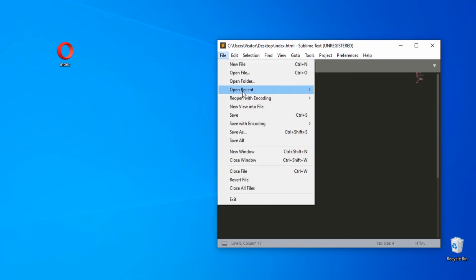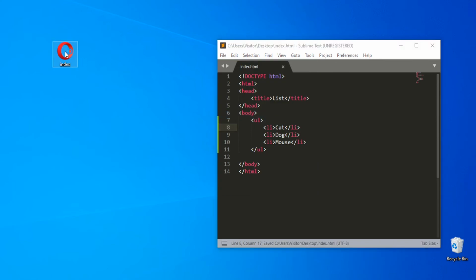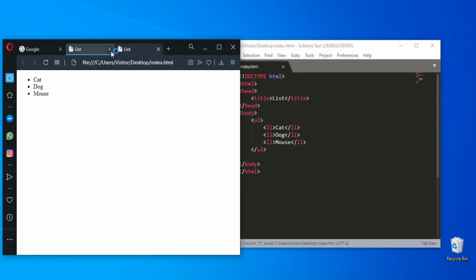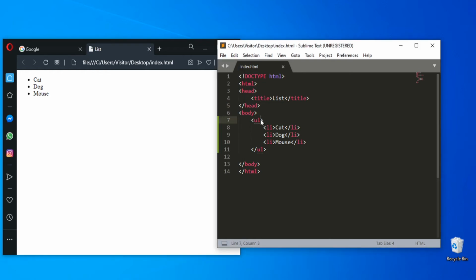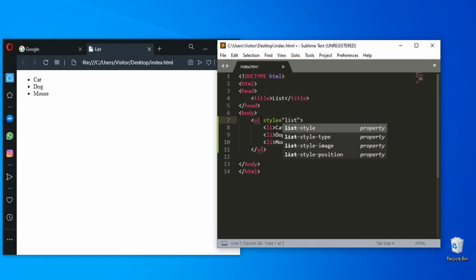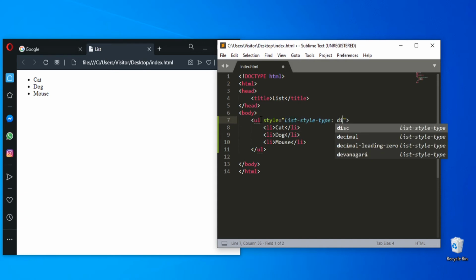So save the file and open in the browser, and the list items will be marked with bullets. So this is a small black circle. You can change this by typing next to the UL, style equals list-style-type, and for example disc,